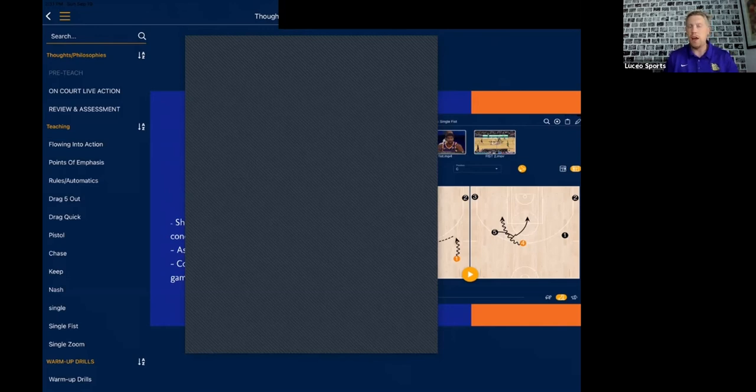Because of our 5-out, so much is dictated by 3-man actions. That's what I care about teaching. Once you throw in the other 2 guys, it's more about spacing, understanding reads, and that kind of stuff. But for us, if we can't figure out the 3-man action part, it doesn't matter what happens when we get to 5-on-5. So we really hammer home the 3-man actions first,